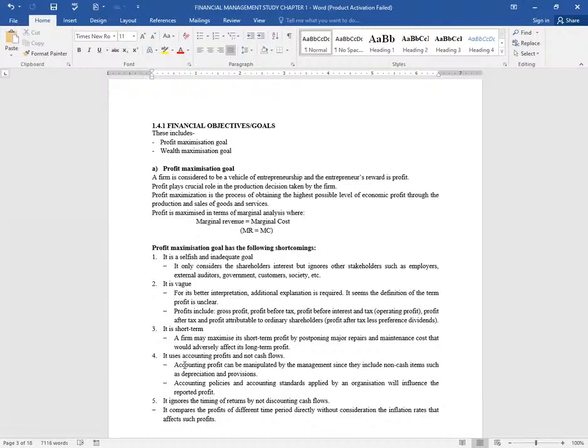Ladies and gentlemen, number 4, you can see there is a big disadvantage there. We are making use of our accounting profits and not cash flows to make decisions. What do you know about accounting profits? They are easily manipulated. You can decide to change policies in between the years. You will decide to go for a policy that will favor you,